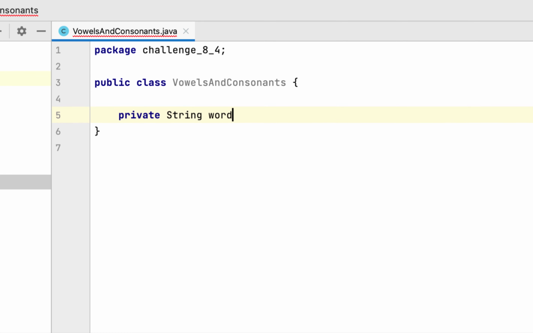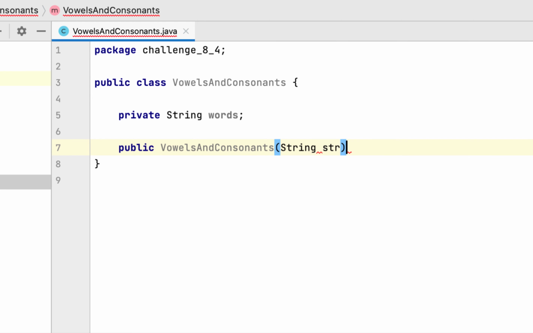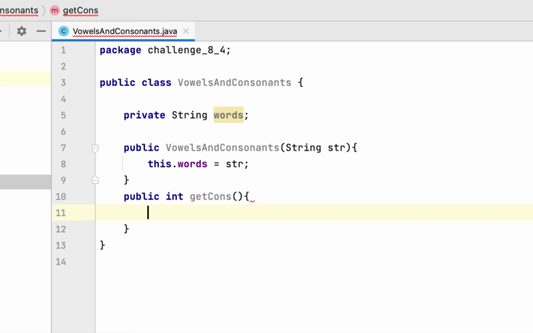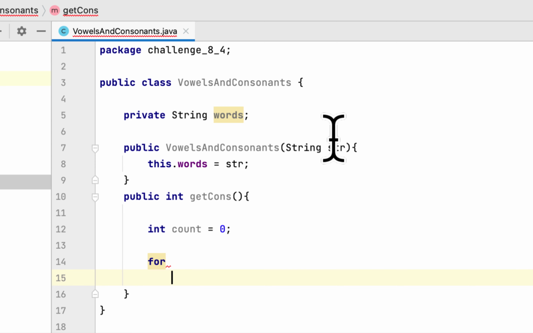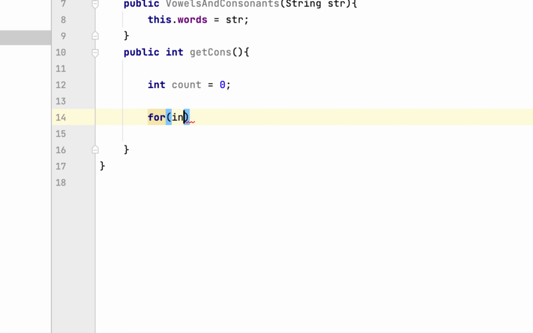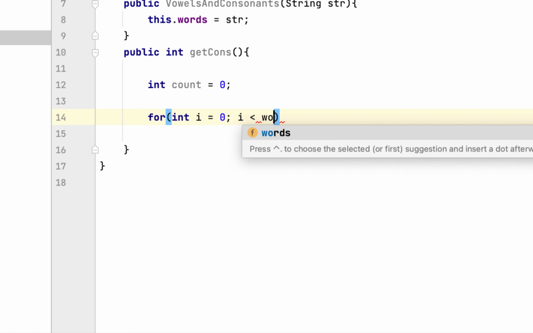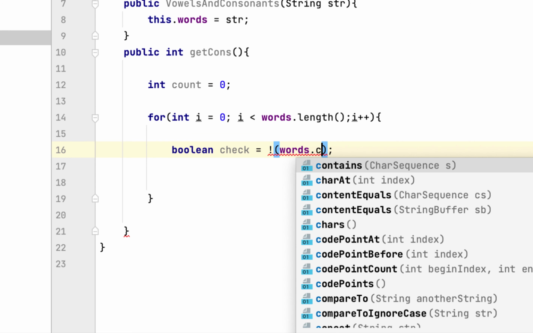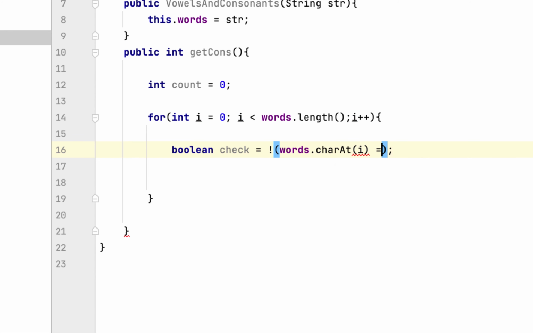This would have a string called words, and I will have a constructor that takes a string, say words string. Then we have to return getCons for consonants, say count 0, and I will say int i = 0; i less than words.length, and we will create a boolean, say negation operator, parentheses, and we'll say words charAt(i) equal a,